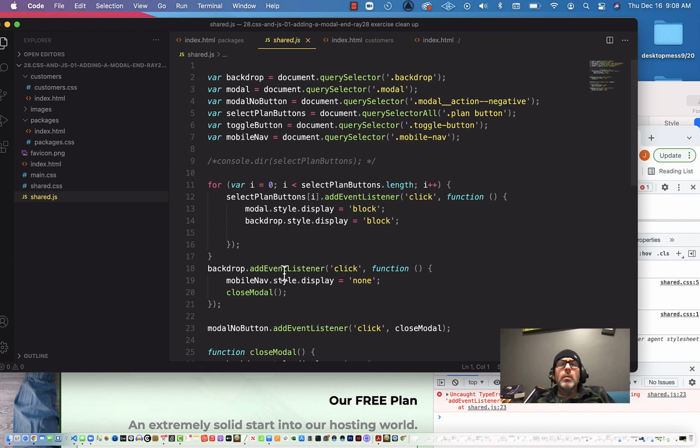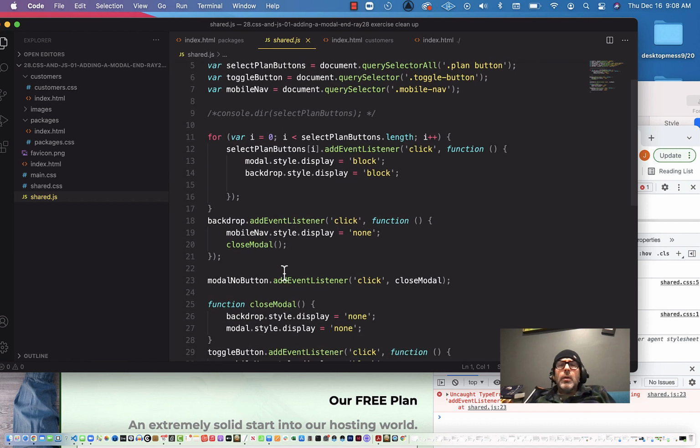So this works because this doesn't relate. So it's 23 that does not work. So we can leave this alone because this just runs through all the arrays, and that doesn't really affect number 23. So modal no button, that needs to be